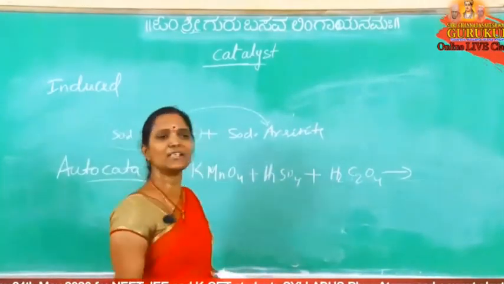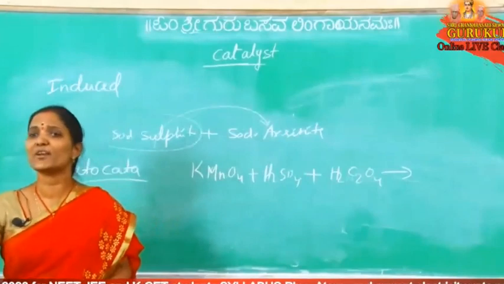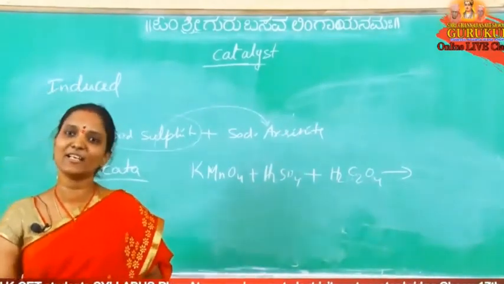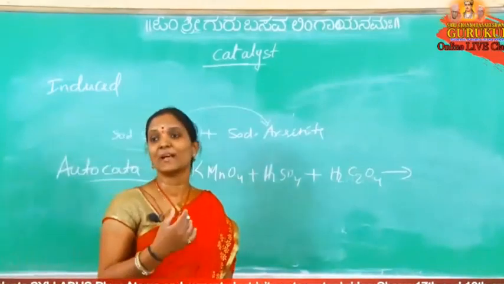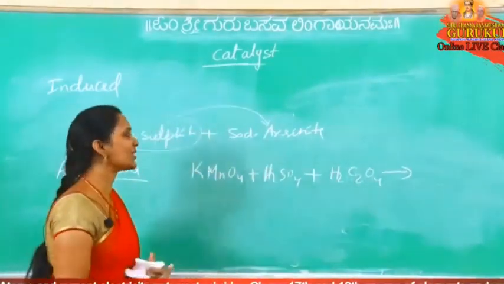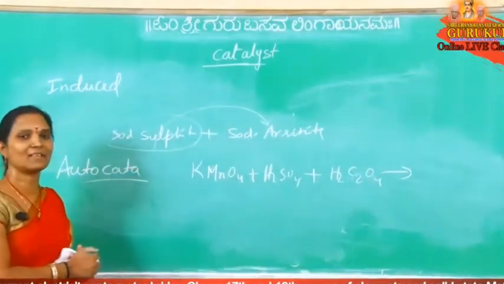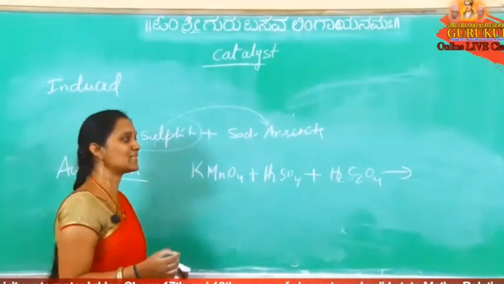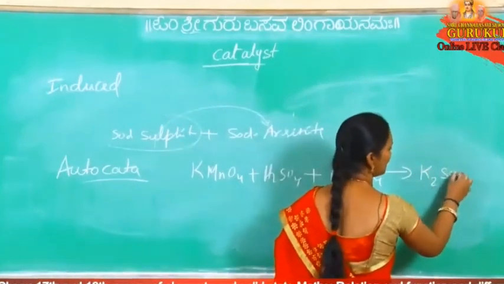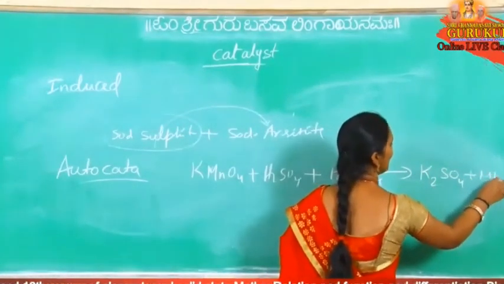We learned this reaction in D and F block elements also, and in redox for balancing also, and in lab. Three times we learned this reaction. So now what are the products obtained here? KMnO4 plus H2SO4 plus H2C2O4. Are you giving answers or not? K2SO4 plus MnSO4